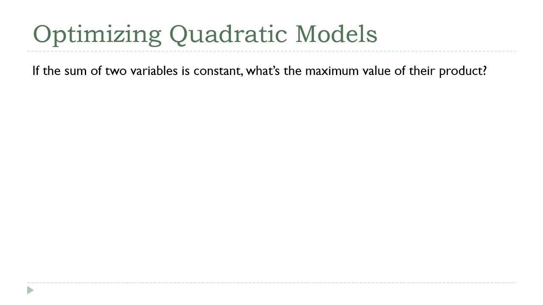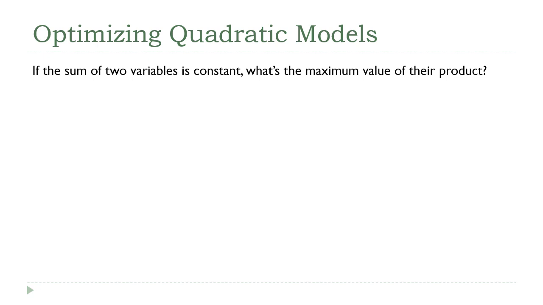A question that comes up all the time in practical situations is how can I optimize a situation? In other words, how can I find the maximum or minimum value and the values that give me that result? So in this lecture, we're going to look at two generic questions. I've got the first one here at the top. Then in the next lecture, we'll look at some physical situations and see how we can apply these results to